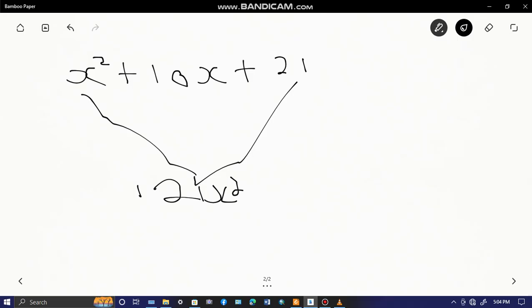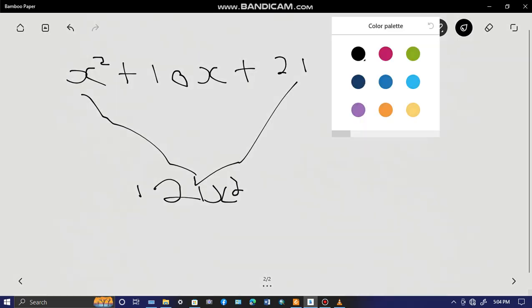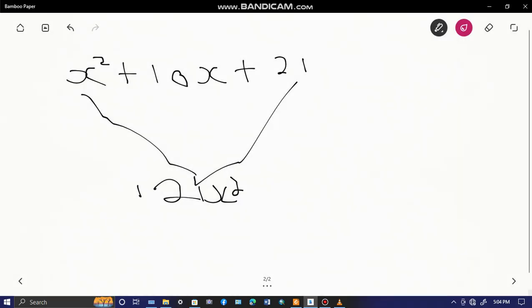Those factors of 21, when you multiply them, should give you 21, but when you add them, they should give you the middle term. So basically, you go somewhere separate from the paper that you are using to solve the problem and do the prime HCF. So you have 21 here,